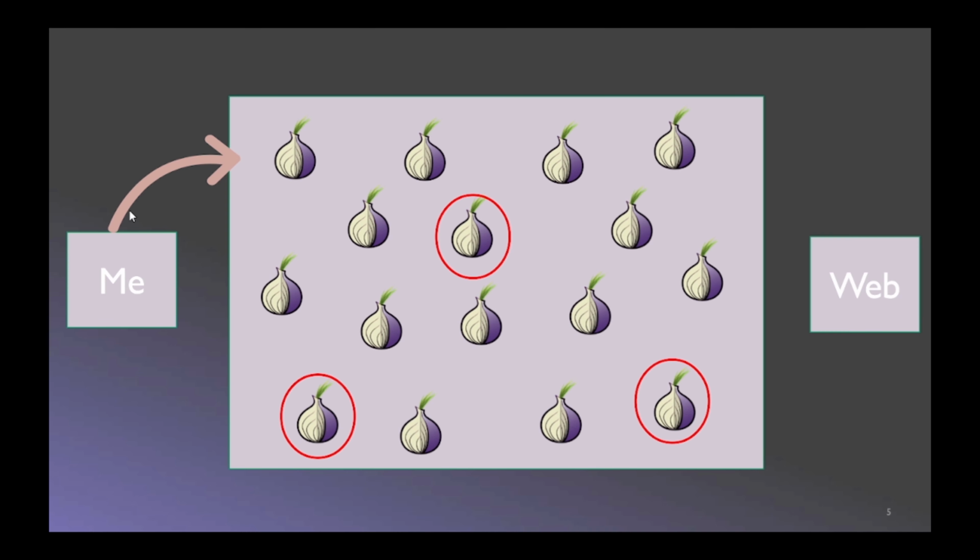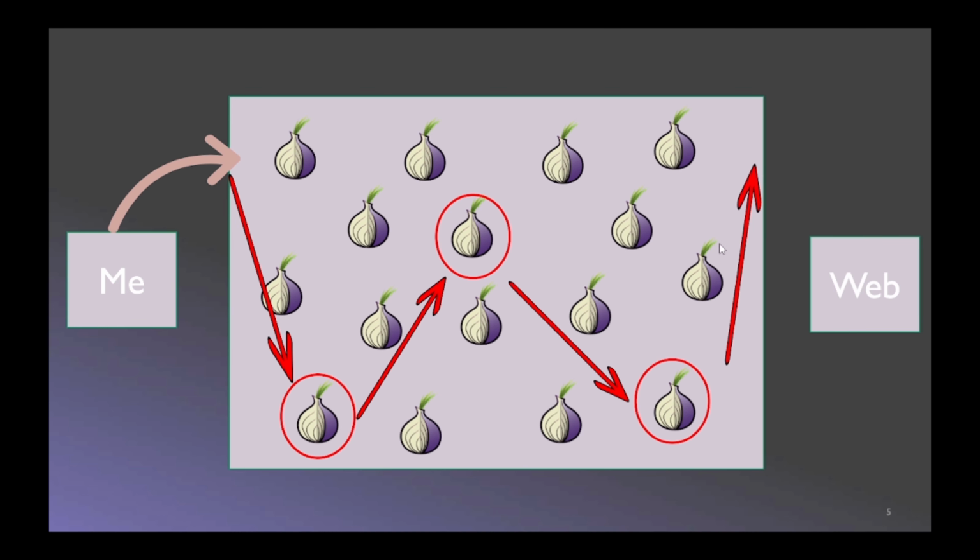So what happens is your request would be forwarded to the first node here, and the second one, and the third one, and the minimum number of nodes is 3. So Tor would select, every time, 3 persons using the Tor browser and use them as relays. Your request would go from this point to this one, and then this one, and then this one, and then it would go out of Tor and to the website here. For example, this is the website facebook.com.